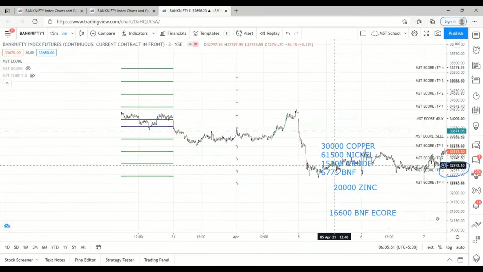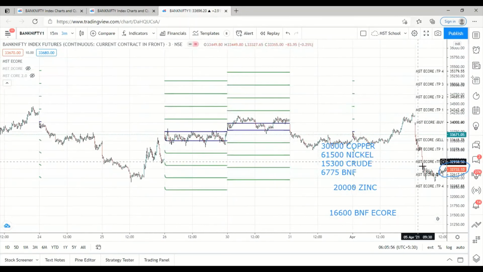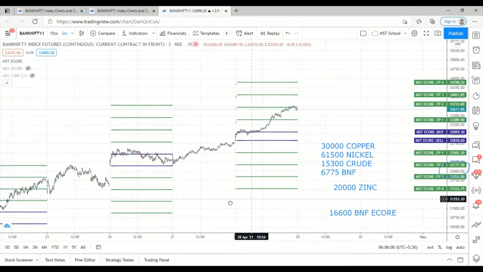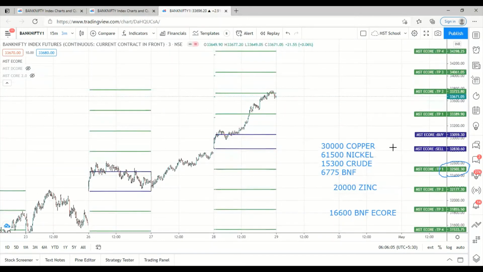So similarly, you can check for any number of days, and it will give good profit. So to get maximum profit, what do you have to do? After taking entry, you have to wait till 3 o'clock, 3:15. So whatever profit is coming, you can take. Whatever profit you have got already, we should not lose. So for that, what you have to do? After the first target, move your stop loss to cost. After the second target, move your stop loss to the first target. In that way, you can keep trailing your stop loss so that you get maximum profit from the market.